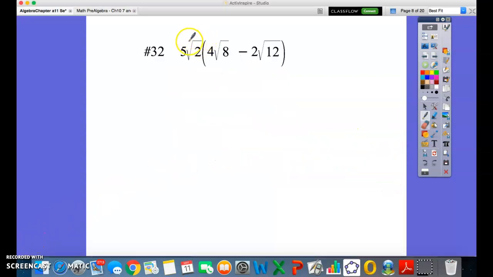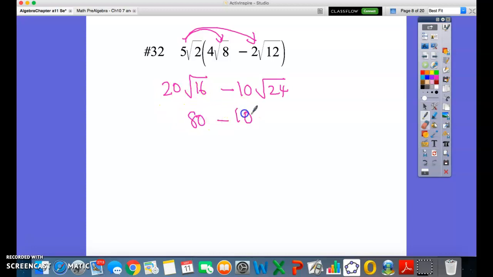So here I'm going to distribute this 5 radical 2 to everything inside the parentheses. So this will be 5 times 4 is 20. 20 times square root of 16 minus 5 times 2 is 10. 10 times square root of 24. Now square root of 16 is 4. So this will be 20 times 4, which is 80. And then 10 times square root of